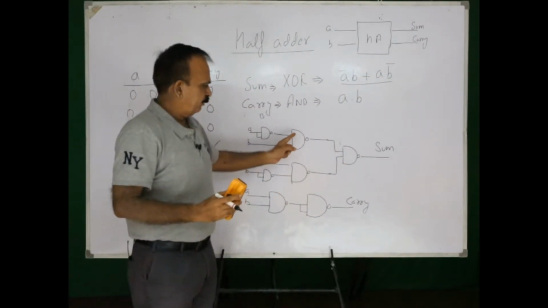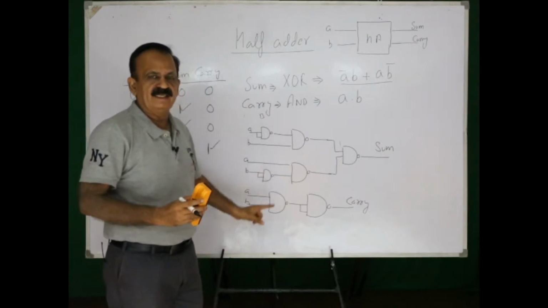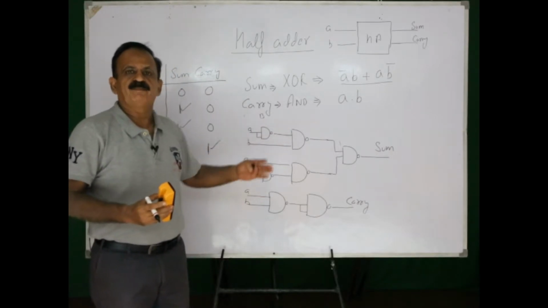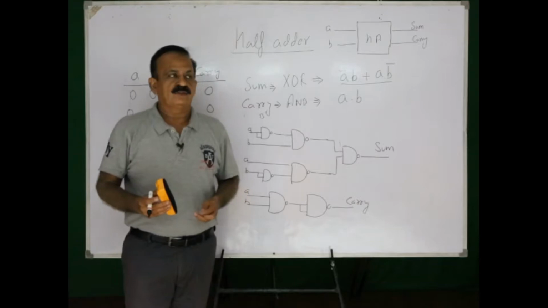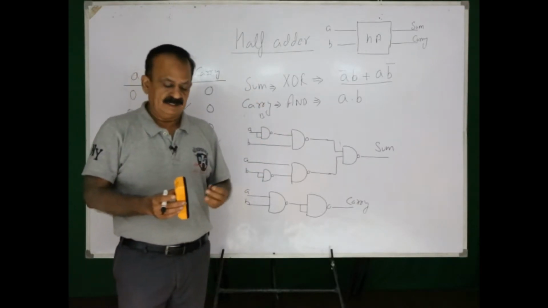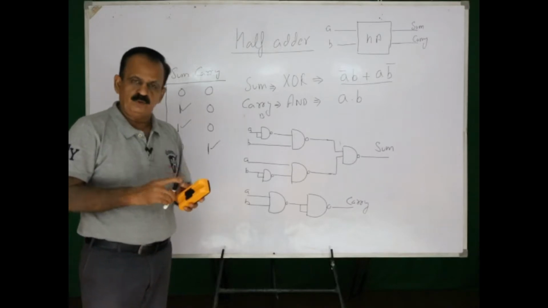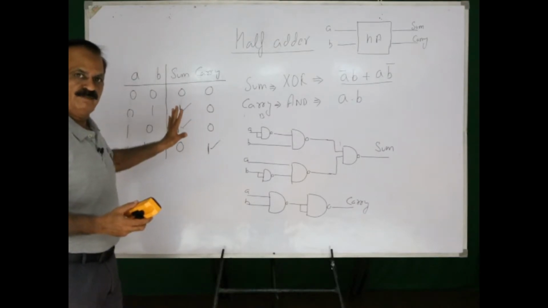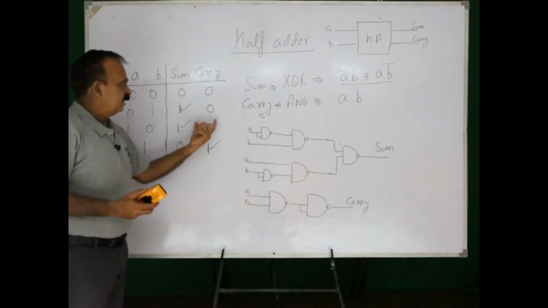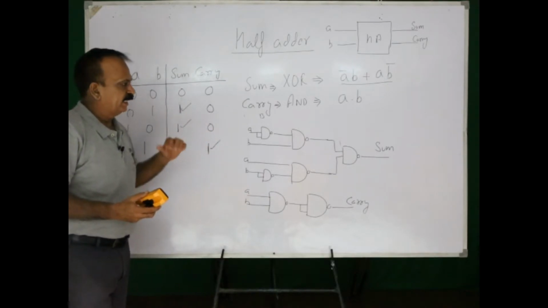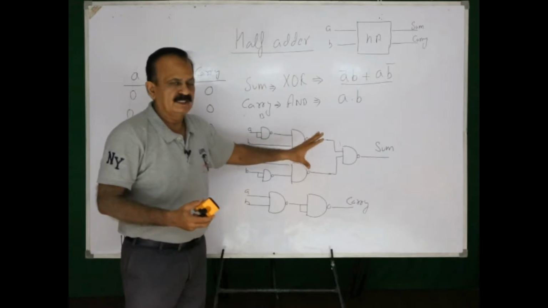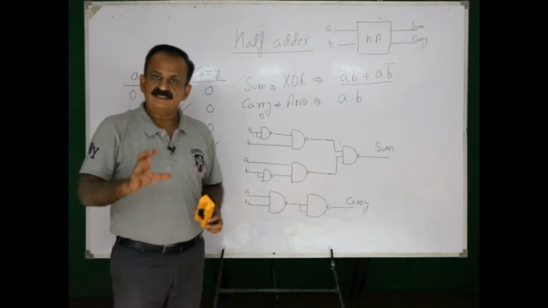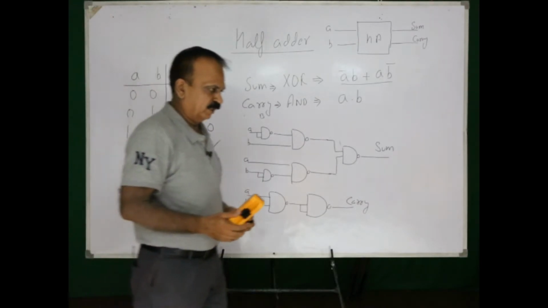Yes, if it is implemented with the NAND gate, the circuit will be something like this, and if it is implemented with XOR gate and AND gate, the circuit will be the one which we previously designed. Now this represents the half adder. Now what steps did we use? We just prepared a truth table which shows input output combinations. Then we found the expressions for sum and carry, and then implemented the circuit for those two expressions. On similar lines, we will be moving on to full adder.